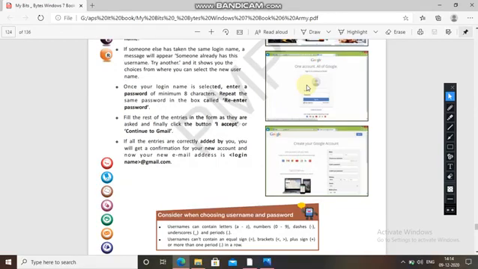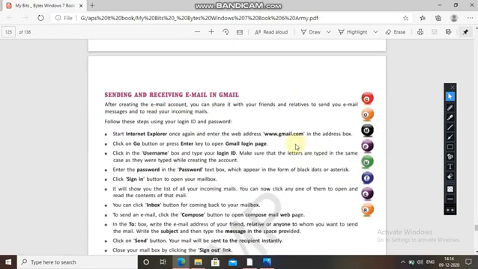Earlier we used to make it like this, but now the era has changed. You get an OTP on your registered mobile number. You have to give the number also, and when the OTP comes, you just type the 4-digit or 5-digit OTP. It confirms that your number is registered, and then it will create a Gmail ID.